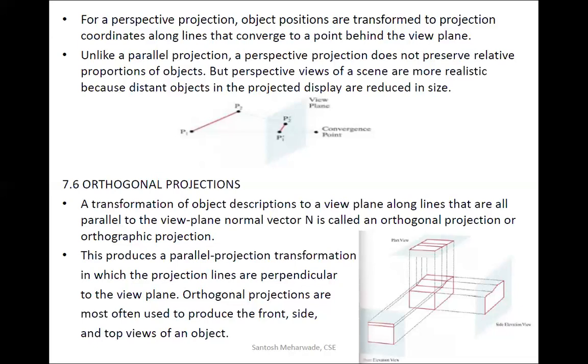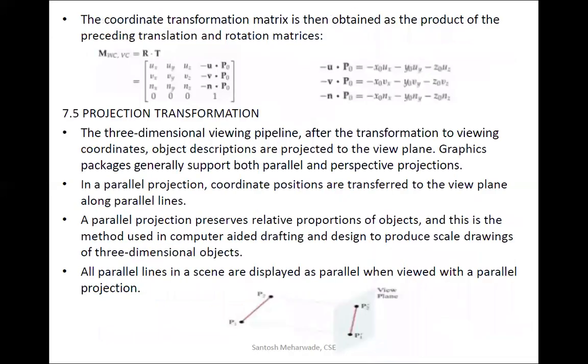When we call them parallel projections, it means that from the object, parallel lines emerge and move towards the view plane, and all these lines are parallel to each other. Such projections we call parallel projections. But when these parallel projections hit the view plane at an angle of 90 degrees, then such projections we call orthogonal projections.